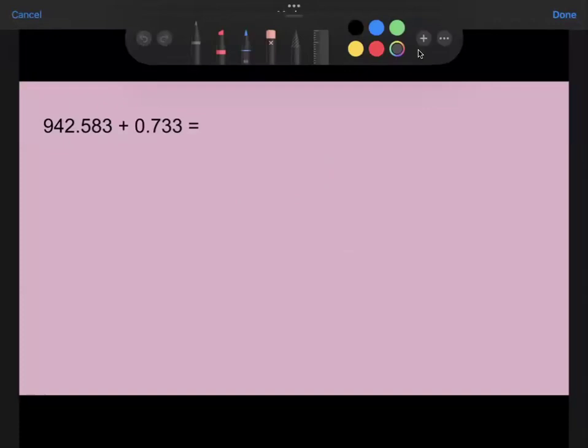Okay, here is our next one. This one's an addition problem. So we're going to be adding these decimals together, which means we also need to line them up just like we did in the last problem. So I'm going to start with that first number, and it has a lot of digits. So I'm going to put